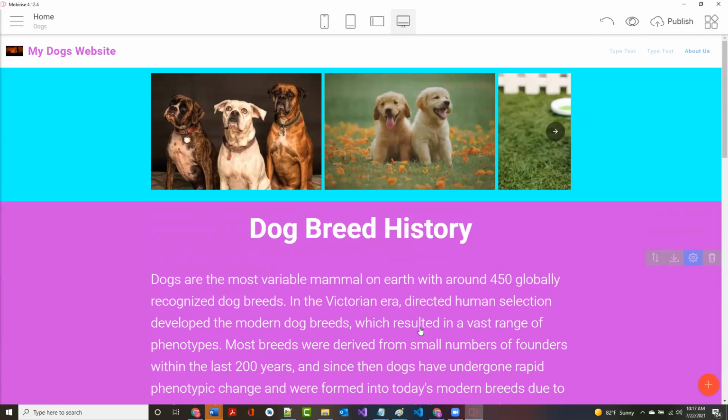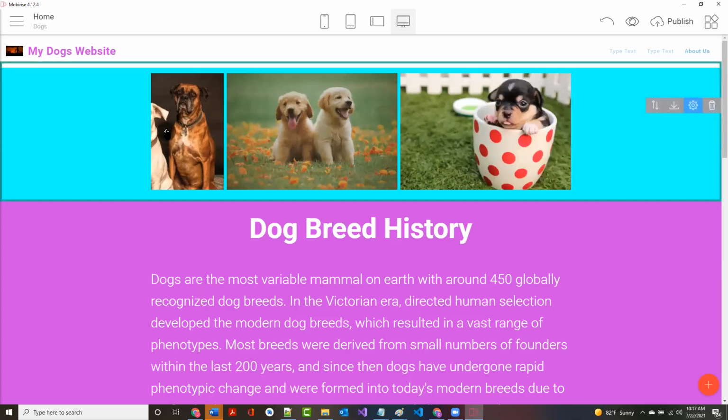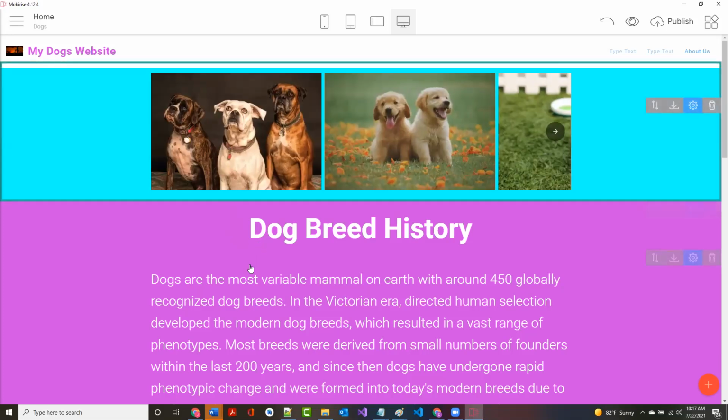Now, how could it be improved? Well, first of all, I think I would go back and I would grab the larger sizes of these as opposed to the size that I put in there, because you can see how small they are. That doesn't look good. So I think I'll go back and I'll change that. And I'll do that in just a couple minutes. All right. But I want to show you a couple more things here.